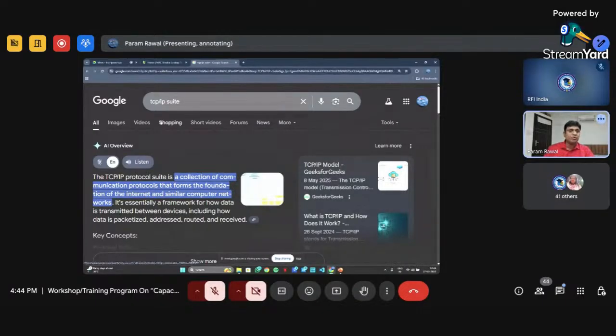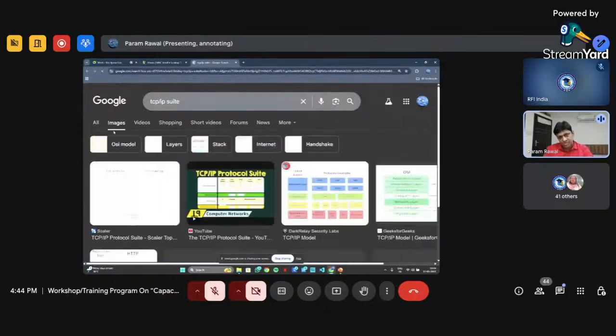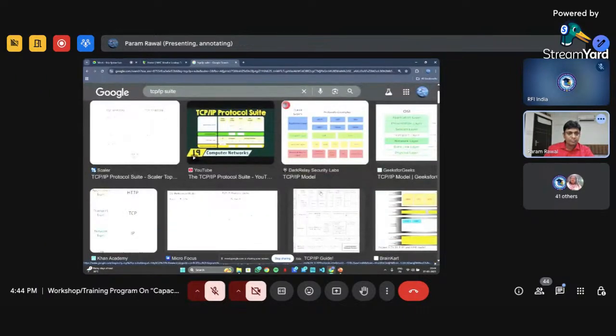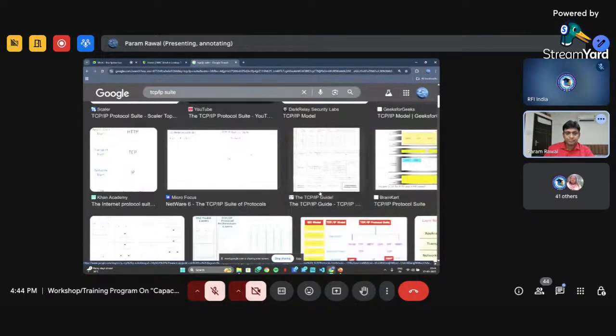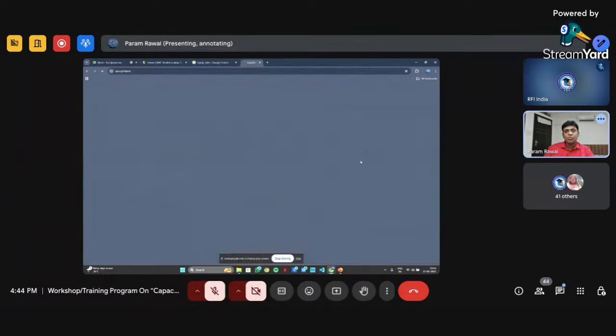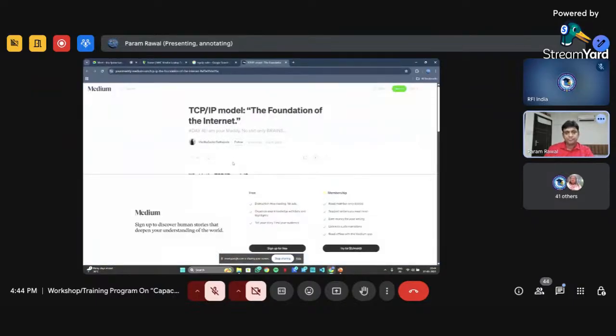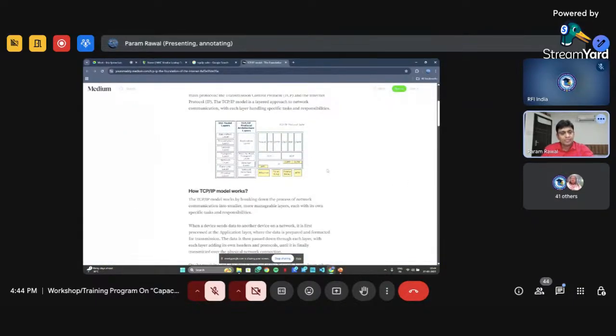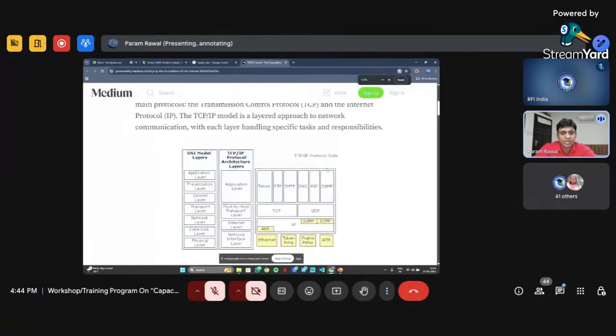If we go to the image, there is a chart for the TCP/IP protocols. In the TCP/IP suite, there are many protocols available. I'm making this a little bigger so you can get an idea.